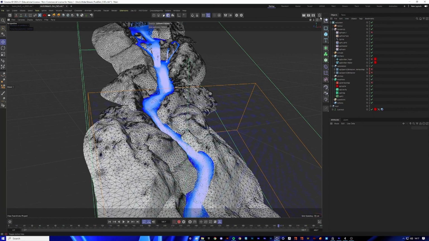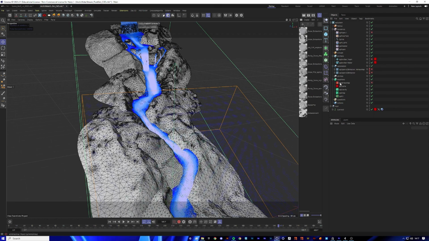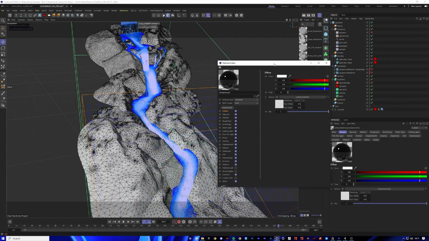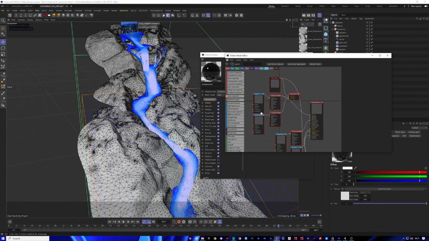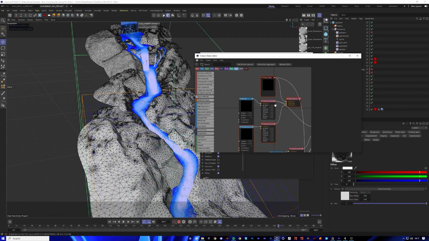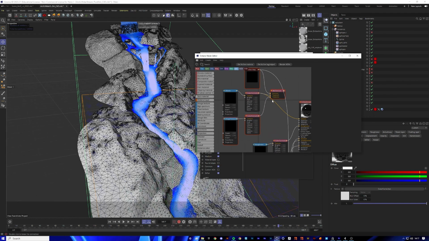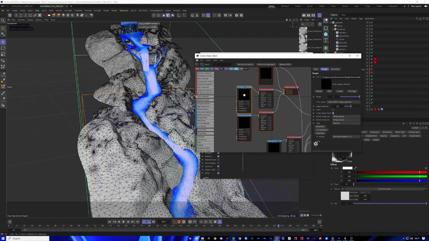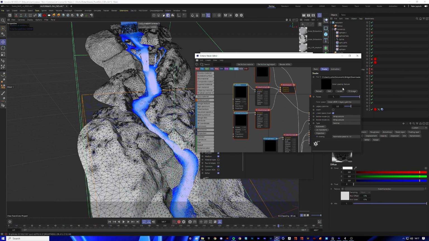So if I bring up one of the materials I developed here, here we have the material that I developed, that when this fluid interacts with the snow, it changes color, which is essentially what happens in the real world. It's going to melt some of the snow under it. So what I've done here is I've got, these aren't loaded in, I've got the